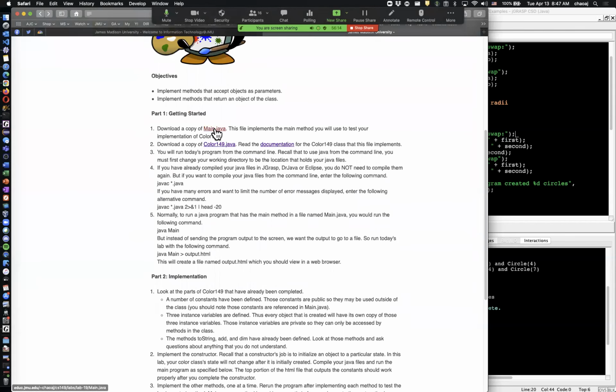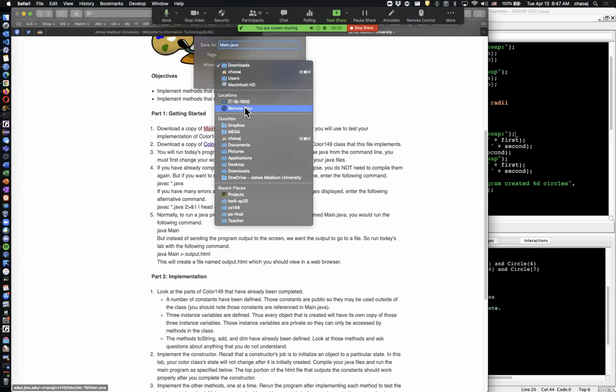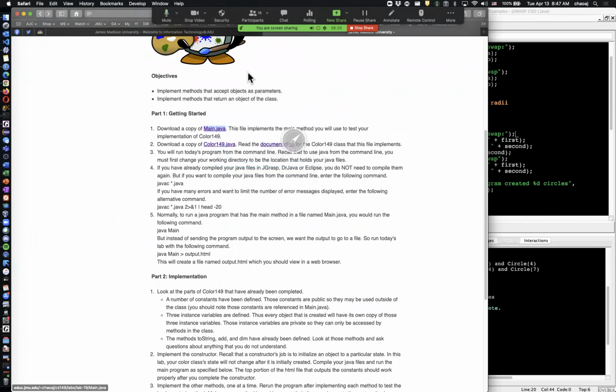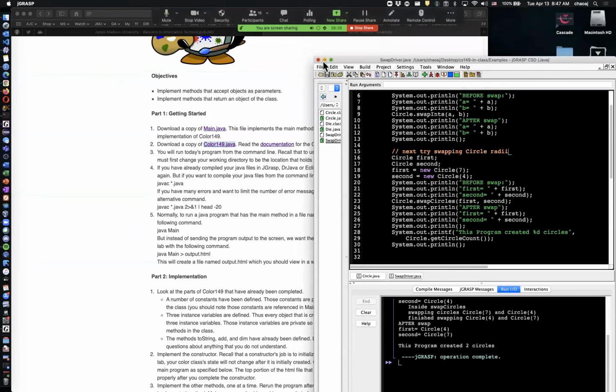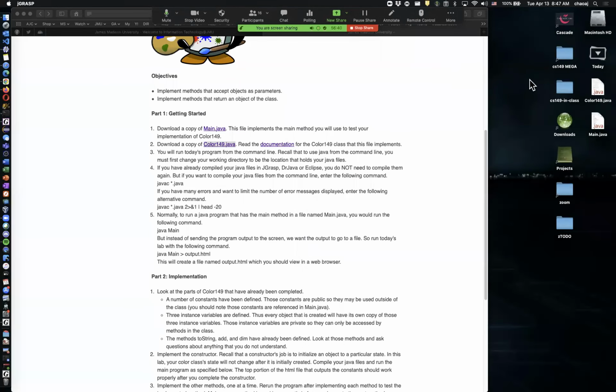So what we want to do is download this Main.java. I'm going to download this and put it into my desktop. Actually, no, I don't have my in-class one in there. So let's go ahead and just put it to the desktop. Save this one there too, download file. Put it to the desktop. Let's go ahead and move it from the desktop, and we'll move it into our